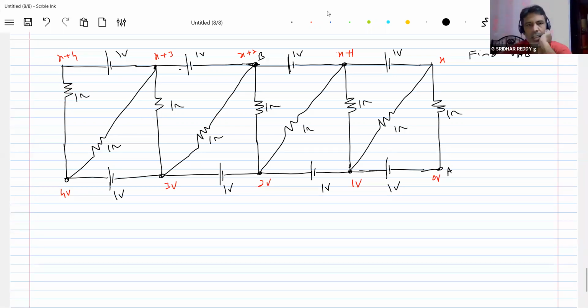Okay, after this, now that we got the potentials, let's try to see the branches. What is the drop across this branch? You see, this is x minus 1. What is the drop across this? Also, the drop across this will be 1 minus x. The drop across this will be 1 minus x. The drop across this will be 1 minus x. So then all are having the same resistance. So can I push the same current through that? The current here, let it be equal to I2.